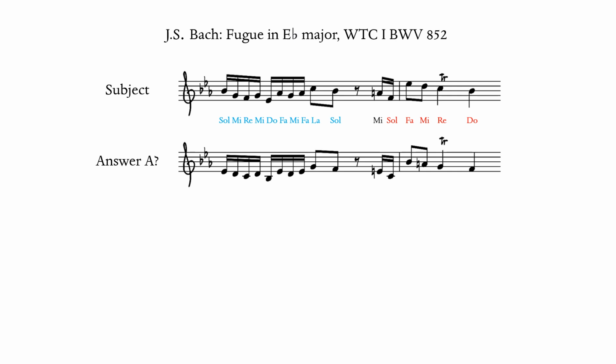Since the subject begins on the dominant and moves through the tonic hexachord, we will need a tonal answer to adjust the first note so that it begins on scale degree 1, just as we explained in the previous chapter of the video. But after that, we can just keep the transposition exact, right? Not right. If we continue to follow the subject exactly, then the answer would modulate into the key of F